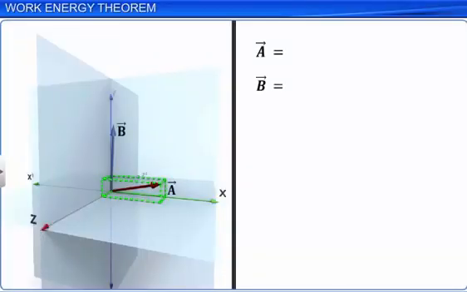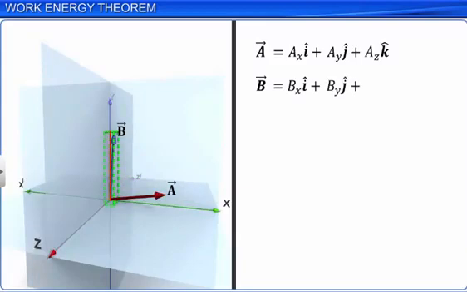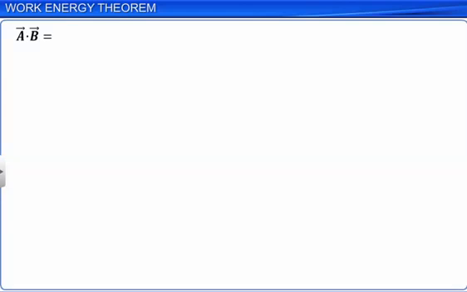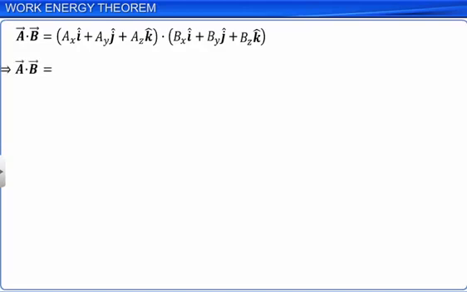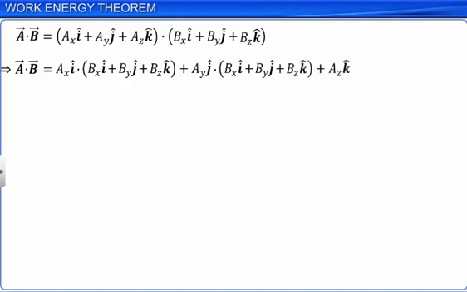If two vectors A and B are expressed in terms of their components along the coordinate axes Ax, Ay, Az, Bx, By, and Bz respectively, then A dot B is equal to (Ax i plus Ay j plus Az k) dot (Bx i plus By j plus Bz k), which is equal to Ax i dot (Bx i plus By j plus Bz k) plus Ay j dot (Bx i plus By j plus Bz k) plus Az k dot (Bx i plus By j plus Bz k)